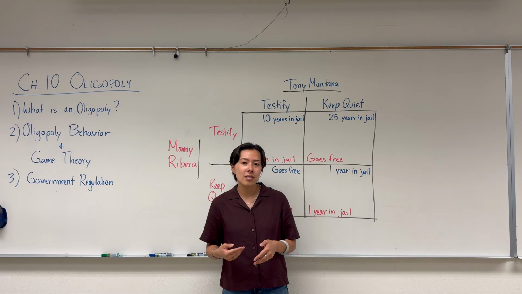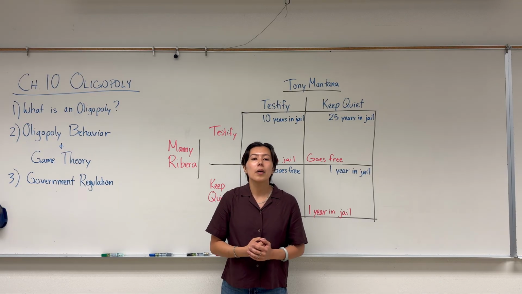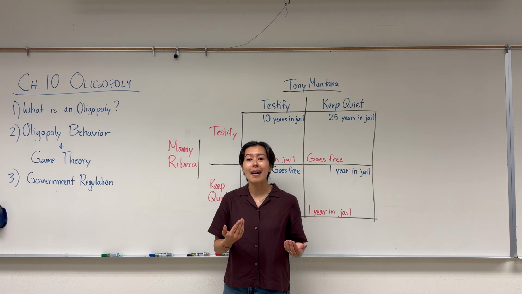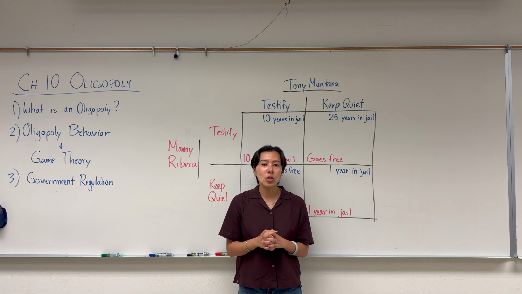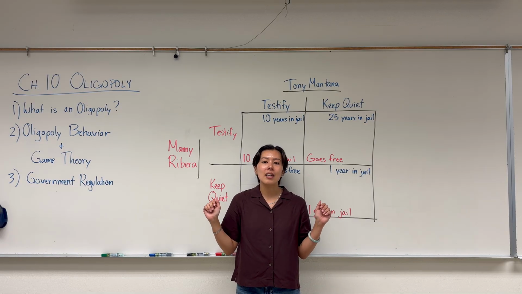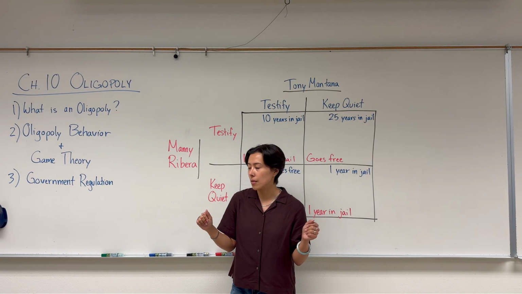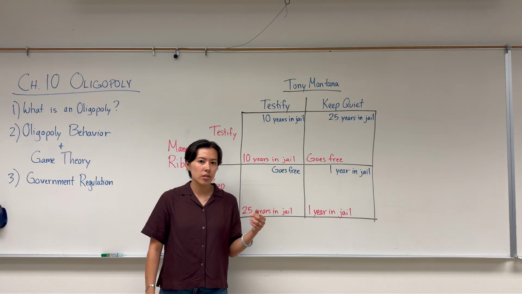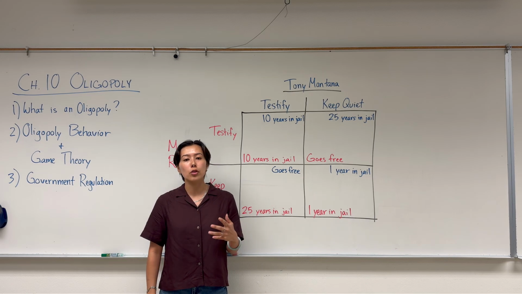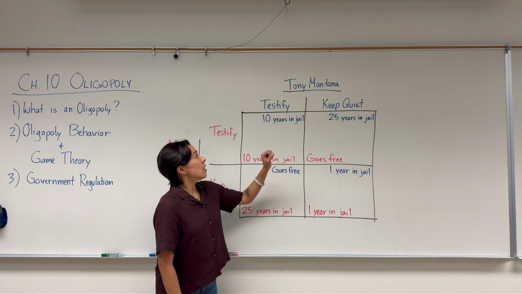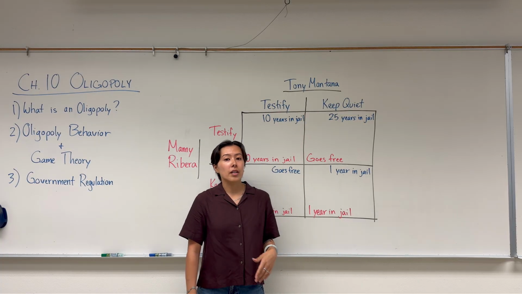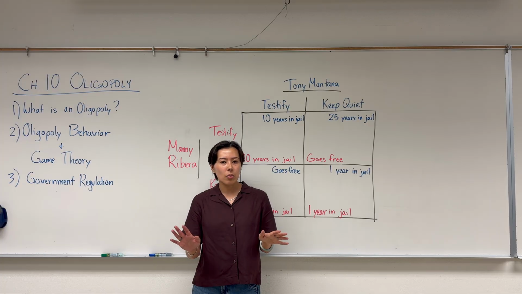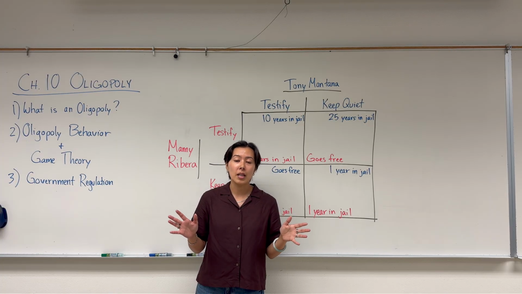They get called in as suspects for committing this crime, but the police don't have enough evidence to fully convict them of the maximum sentence. So what the police do is they split up Tony and Manny and they interrogate the two separately. So each of our two players face a kind of crossroads. They have two possible moves or strategies available to them. They can either choose to testify, where they admit to doing the crime, or they can choose to keep quiet, where they don't say a word and they don't admit to this crime that they may or may not have done.